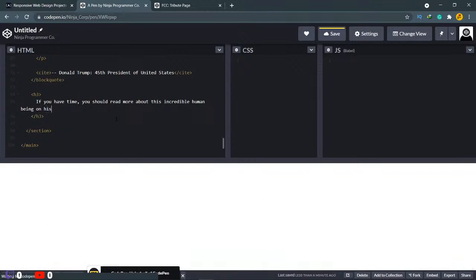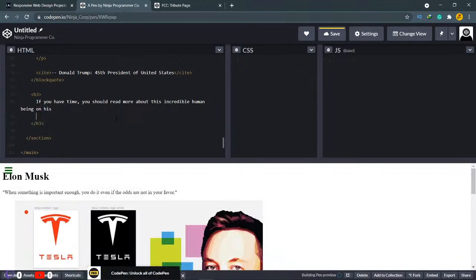Then we have to create an a tag with the id tribute link,